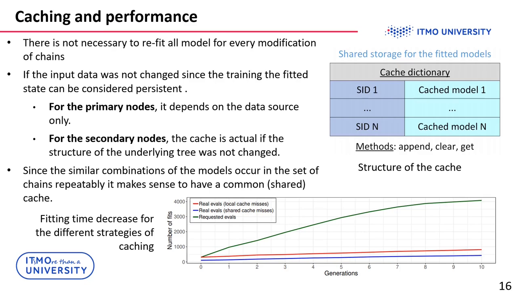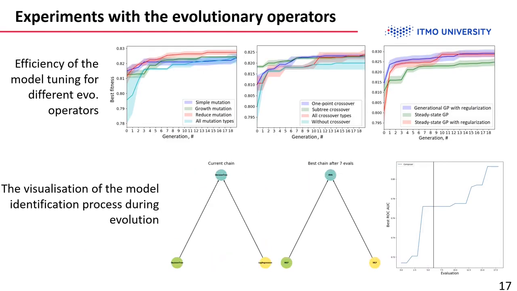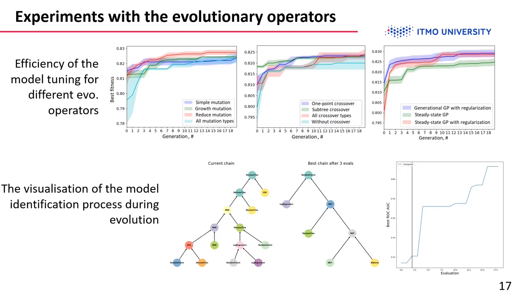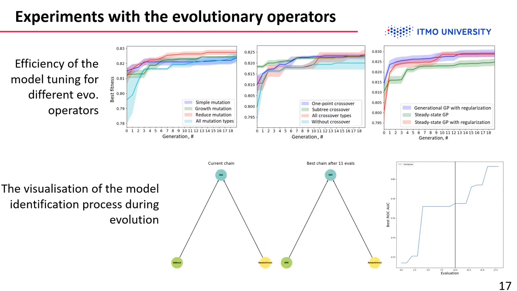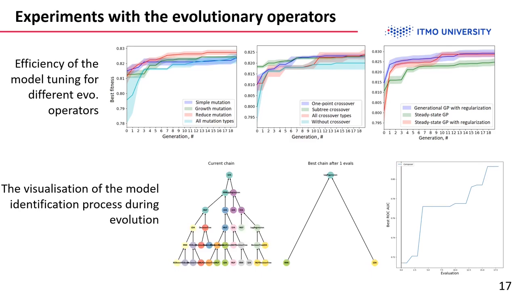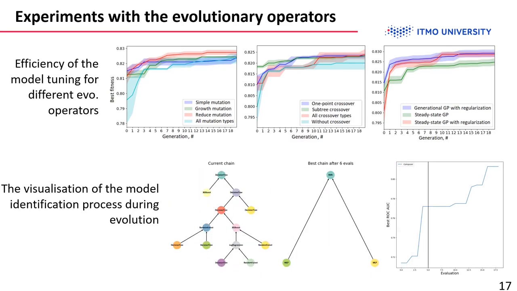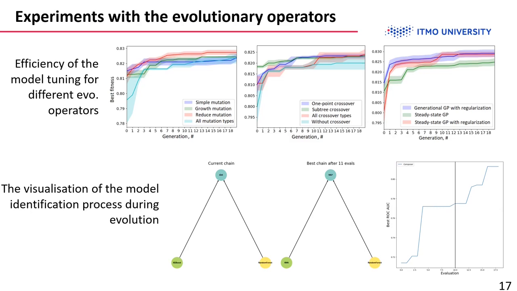And the blue line is the implementation with shared cache, when the parts of model structure graphs from each individual are saved together in some global pool, and it is used when we want to evaluate the objective function for the new individual. In this slide, the results of experimental studies with different implementations of evolutionary operators are presented. As you can see, the different types of mutations were evaluated separately and together, and the most effective mutation is